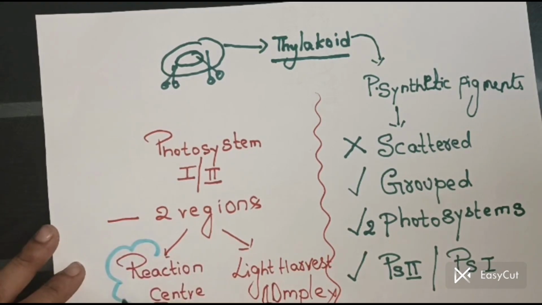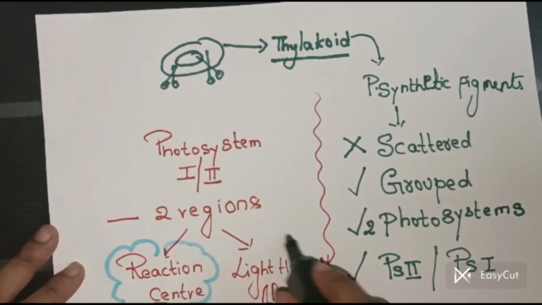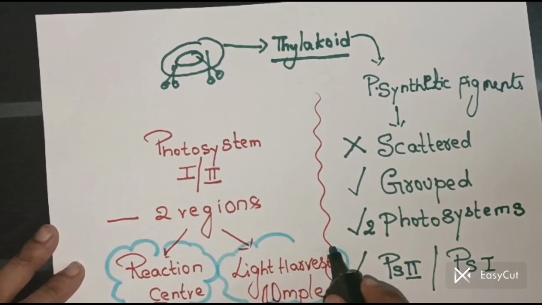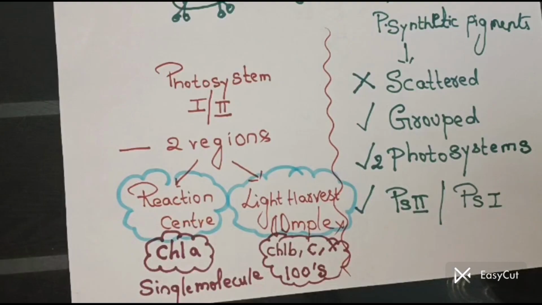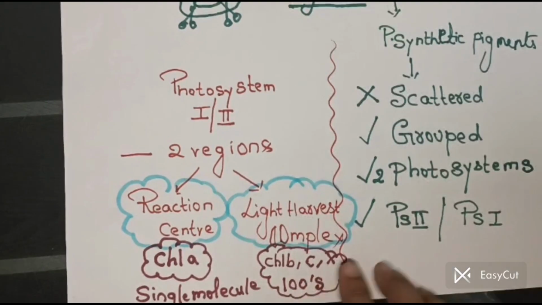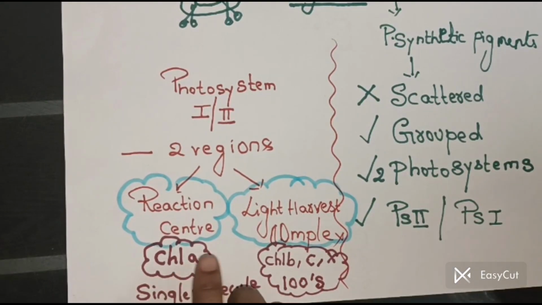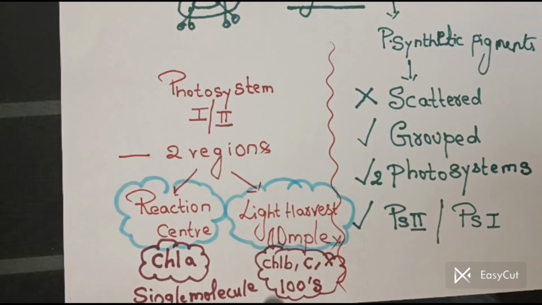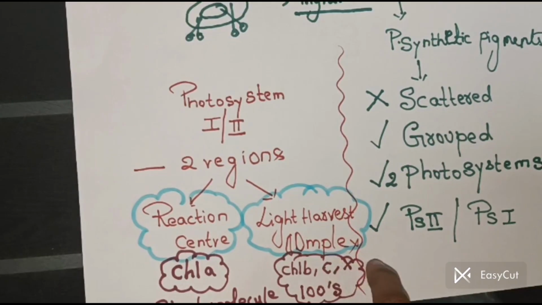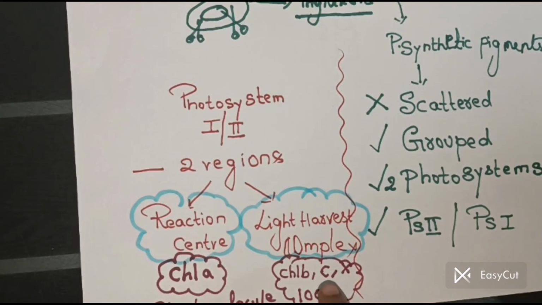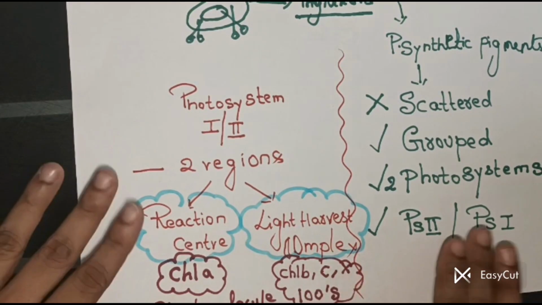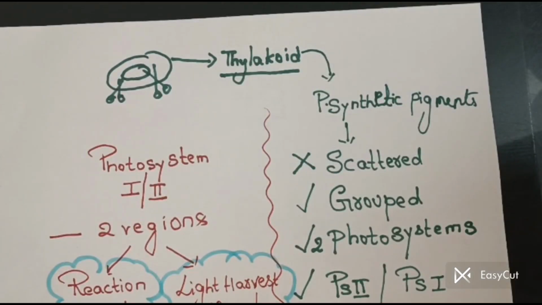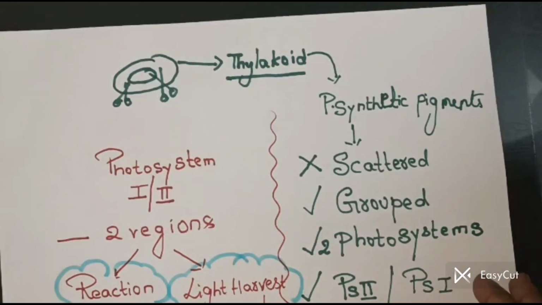One is the reaction center, the other region is the light harvesting complex. The reaction center constitutes a single molecule of chlorophyll A, and the light harvesting complex constitutes chlorophyll B, carotene, and xanthophyll in hundreds and thousands. I hope you understood the brief discussion about the photosystem. Now I'll just show you the